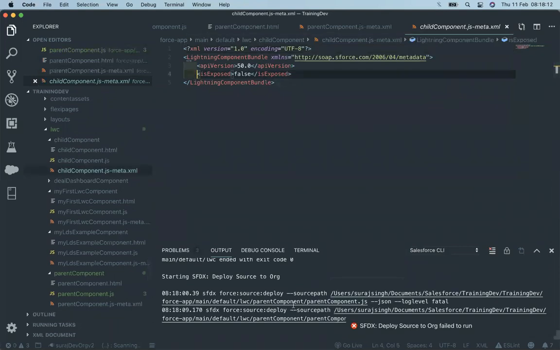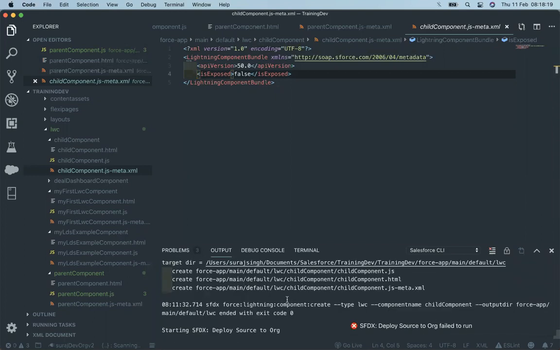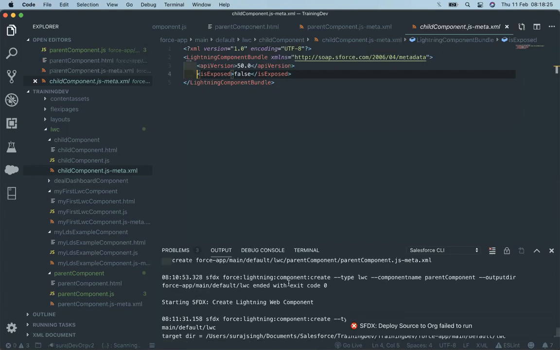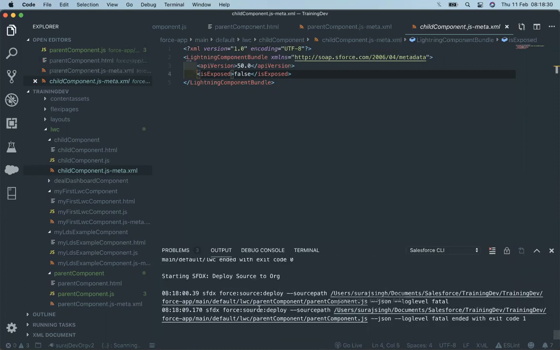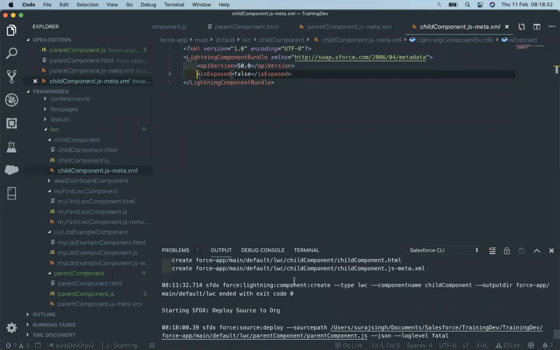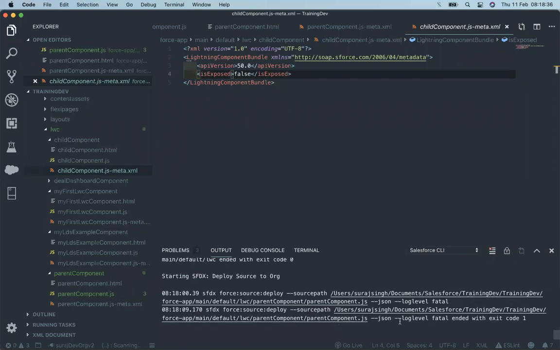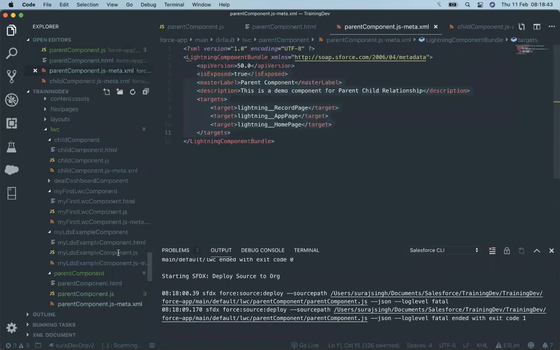It's giving me some error. What happened? The XML file has an issue.